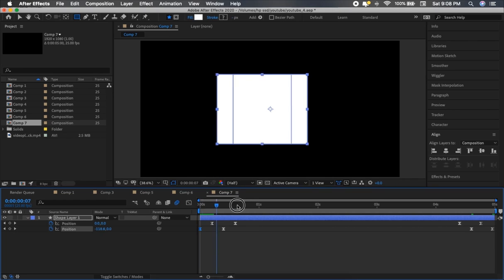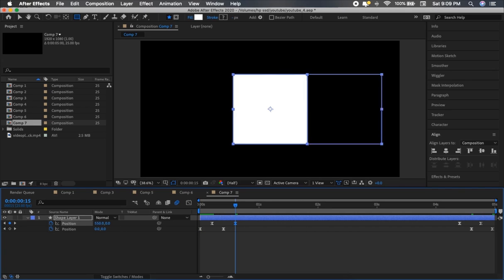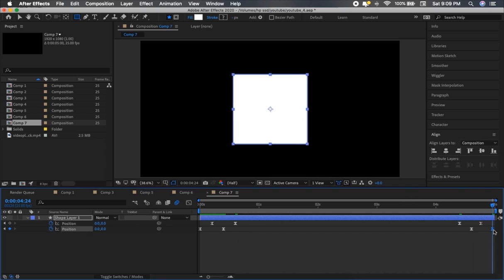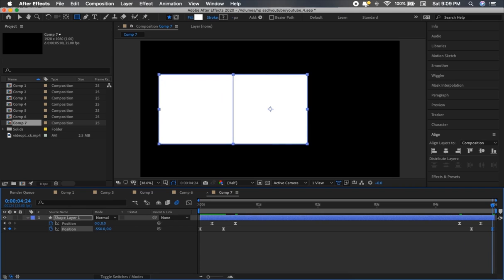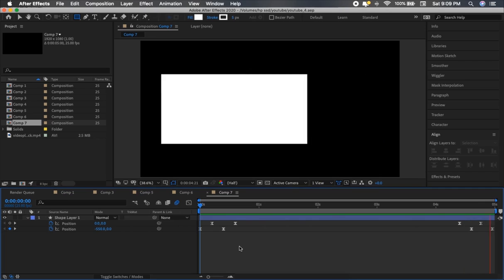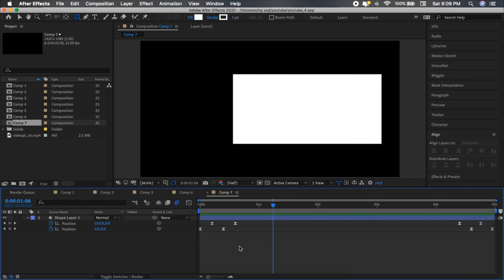Okay, and then come to this time frame and type it as 550. Done. Now come to this time frame and type it as 550. This time frame keyframe, sorry, and type it as minus 550. Done. Now if you guys play this animation, so the rectangle is animated.